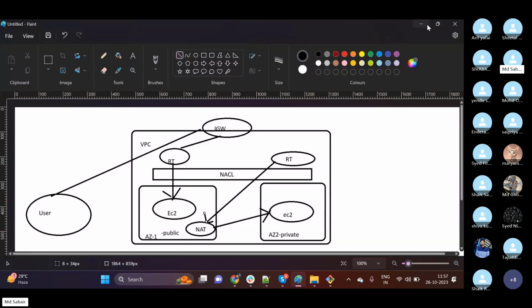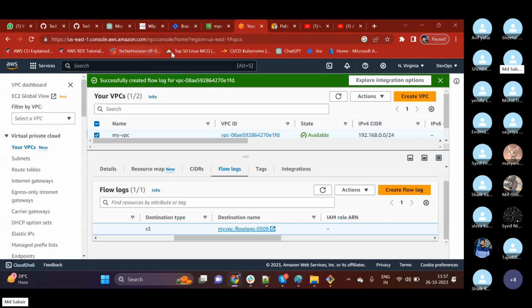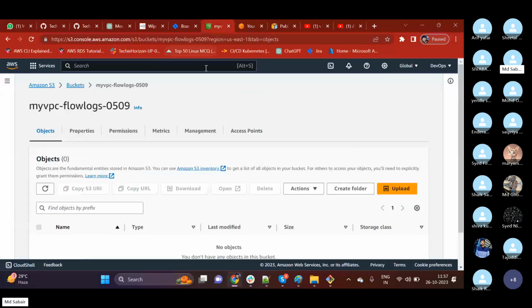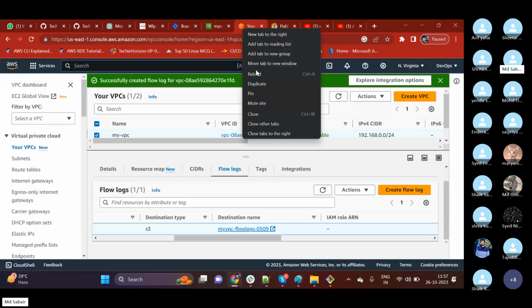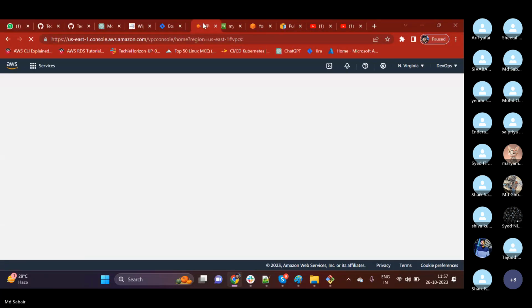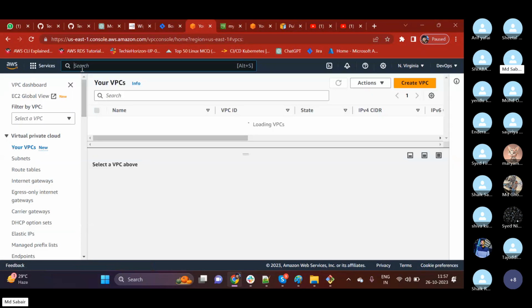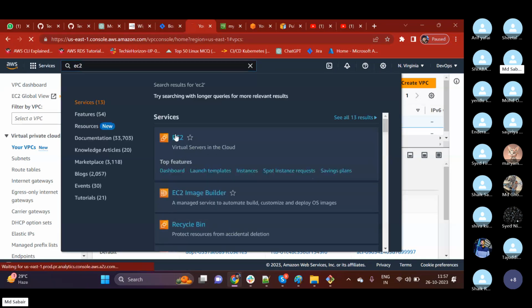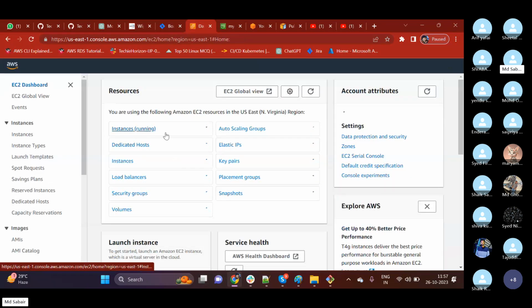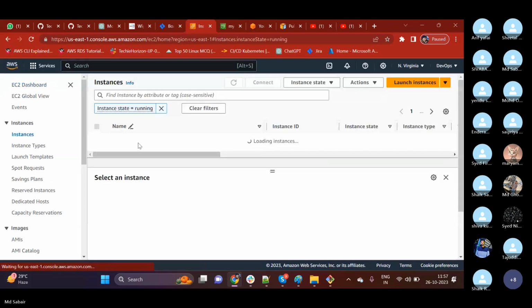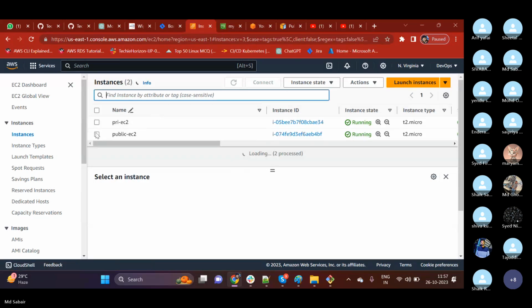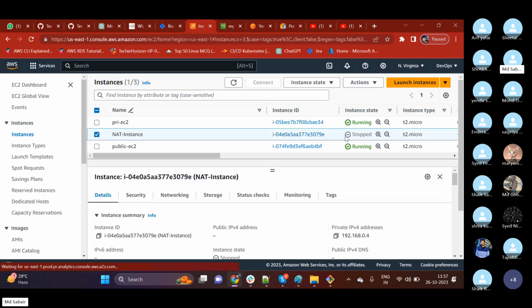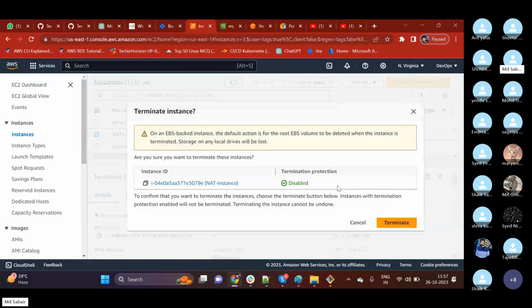For example, if you want to test, let me go to my EC2. Let me open one duplicate page. Once configured, for testing purpose, you can try to delete or try to create something so that it will be captured. Okay, here how many instances are there? We have 3 instances. So let me delete this, stop this EC2 NAT instance. Okay, so terminate instance,